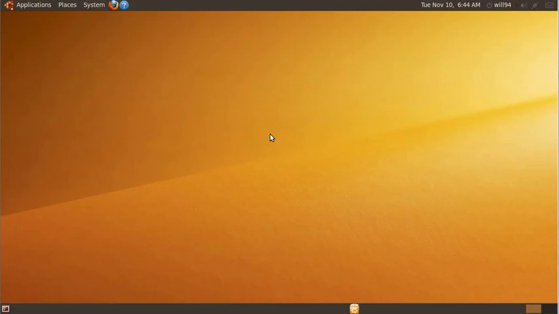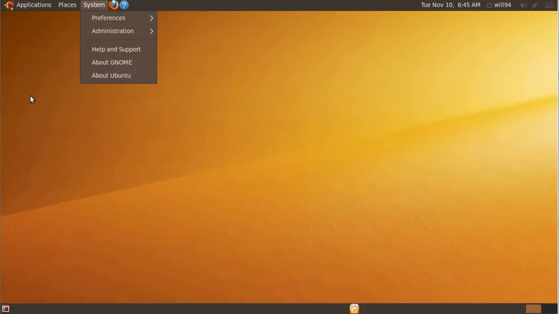Hello everybody, right here I have a standard Ubuntu desktop 9.10, and I've been trying it out a little bit on my virtual machine. The one thing that I don't like about it is that I miss some of my old applications, and I can't run certain things that I would on Windows. So right now, if you have that same feeling, I'm going to show you what you can do to make that not a reality, so you can actually run Windows applications on